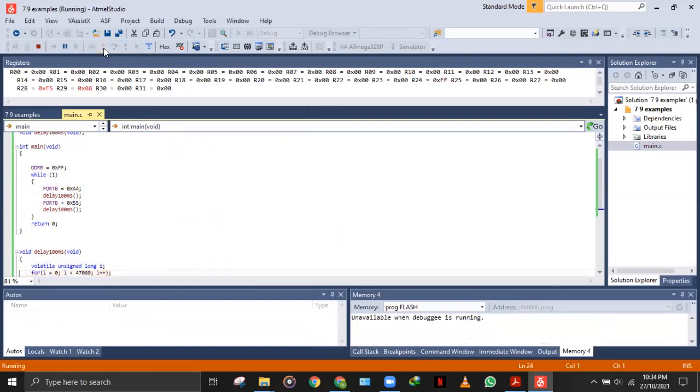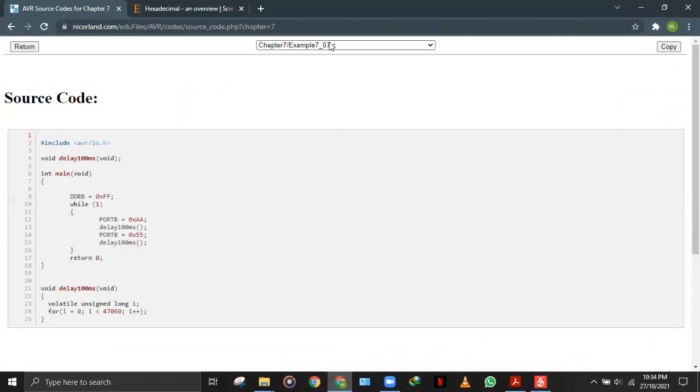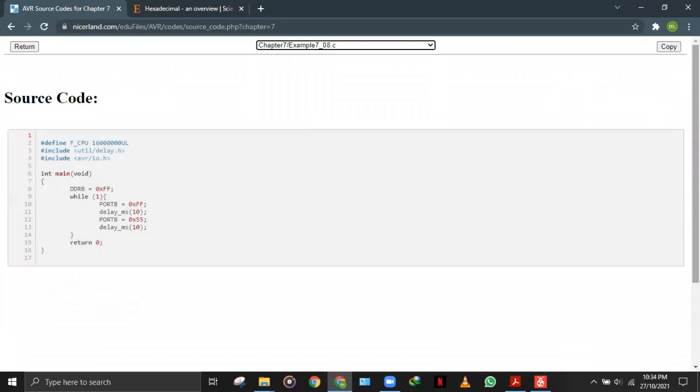सो बेसिकली हमें डिले जो है वो तब नज़र आएगा जब हम इसको प्रोटियस के ऊपर कोड को रन करेंगे, जब हम एलईडी साथ लगाएंगे। तो सी कि हमारी जो एलईडी है वो 100 मिली सेकेंड के डिले के साथ ब्लिंक करेगी। सो अभी तो हम सिर्फ वैल्यूज चेक कर रहे हैं। सो अभी हमें सिर्फ वैल्यूज नज़र आएंगी, जैसे कि हम पहले रजिस्टर्स के ऊपर देखते रहे कि 0xAA एंड 0xFF। सो आई थिंक कि ये हमें सही समझ आएगा जब हम इसको प्रोटियस के ऊपर करेंगे। तो मूविंग ऑन टू द नेक्स्ट एग्जांपल व्हिच वी हैव 7.8।